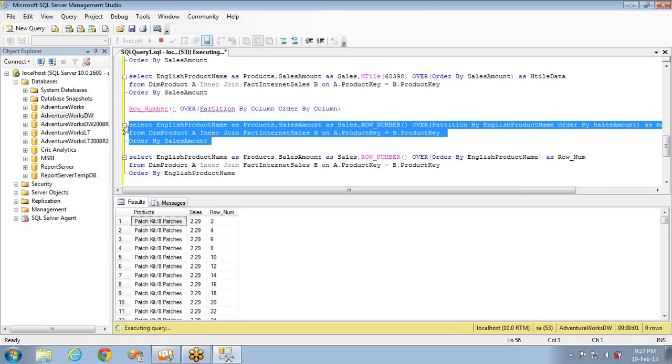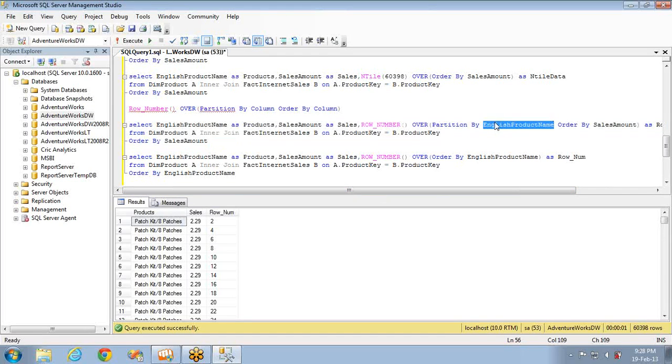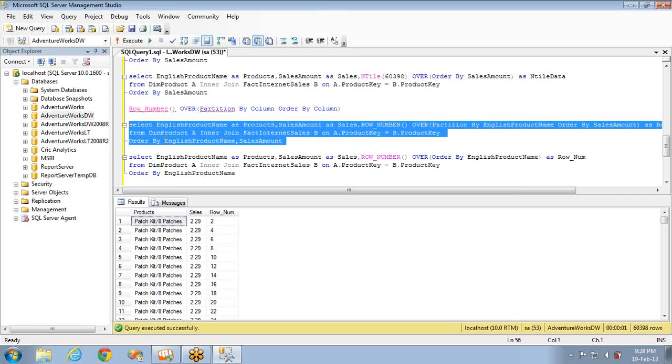So what it will do is it will partition the data based on product-wise and then it will order the data and return the result. The ranking, if you see, it is giving 2, 4, 6, 8, 10, 12, 14 and so on. The problem is this is partitioning by English product name. So if you order it based on English product name as well as sales amount,